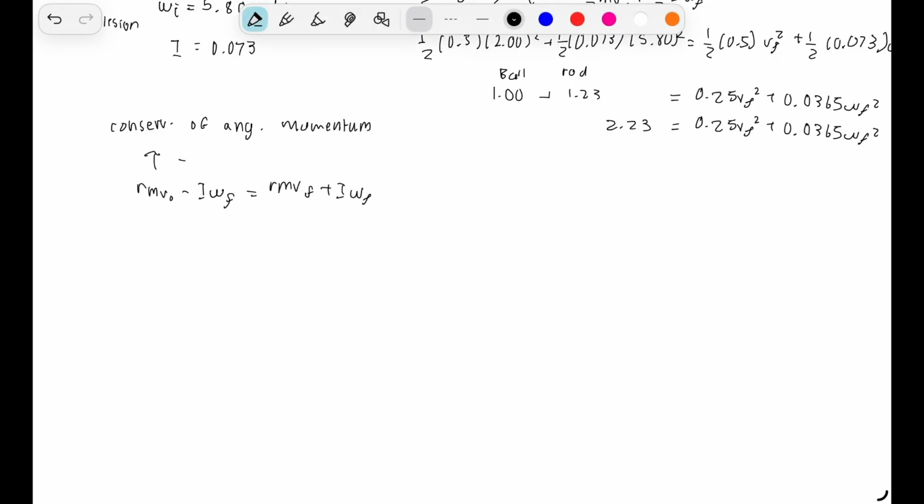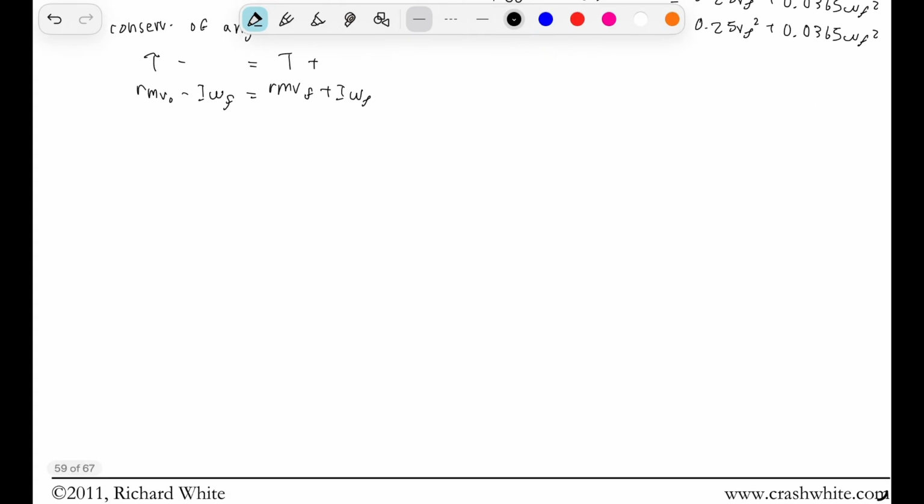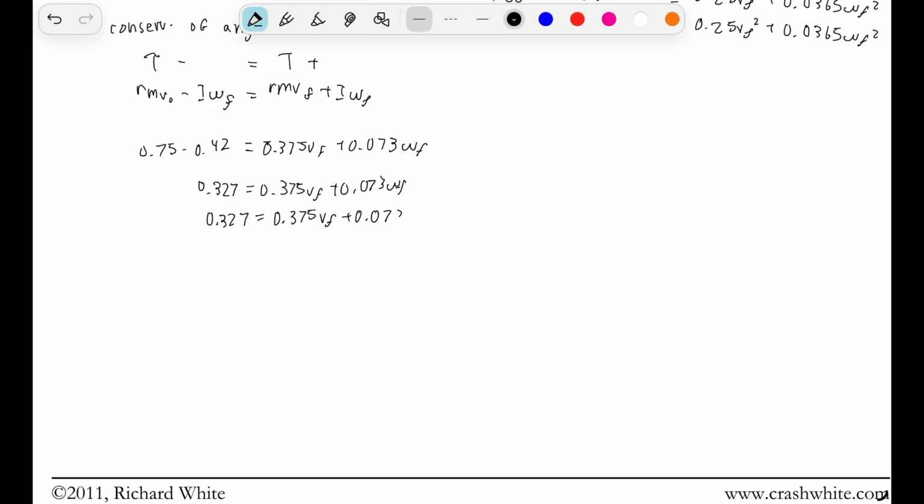So this was just the torque minus the I omega initial equals the torque plus the I omega final. Now, 0.75 minus 0.423 is equal to 0.375 VF plus 0.073 omega F. So 0.327 is equal to 0.375 VF plus 0.073 omega F. That gives 0.62 meters per second, and that is going to be your answer. So what happens as a result is the ball